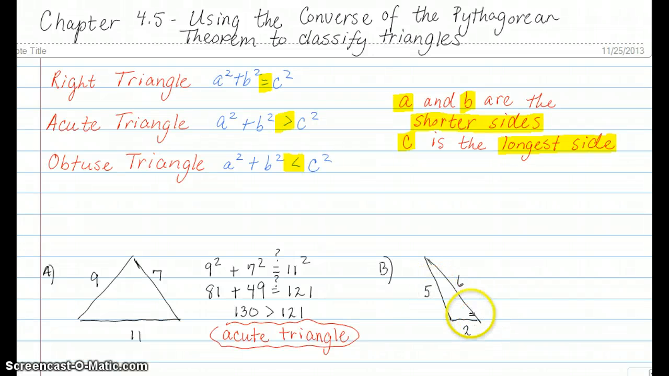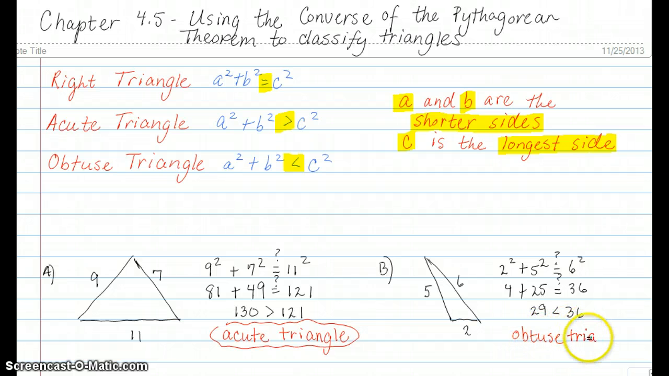So you take your two shorter sides, 5 and 2, and square them. 2 squared plus 5 squared, add them together, and they're going to be either equal to, greater than, or less than, it should be less than, because it looks obtuse, 6 squared, the longest side. So 2 squared is 4, plus 5 squared is 25. We're wondering what will go here, greater than, less than, or equal to, and 6 squared is 36. 4 and 25 is 29, and 29 is less than, the sum of the two shorter sides is less than 36, which means that it's going to be an obtuse